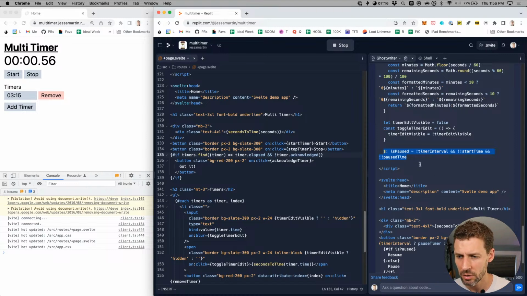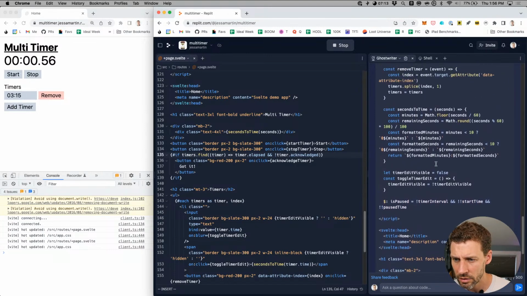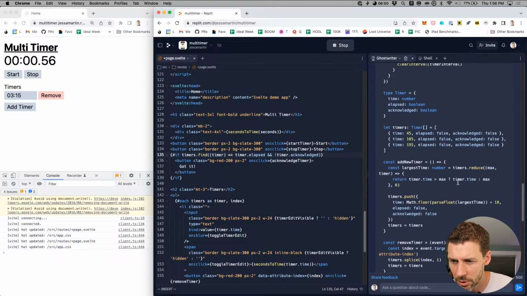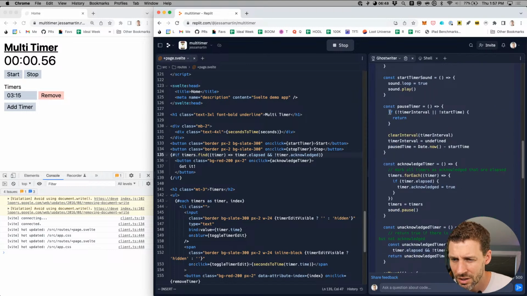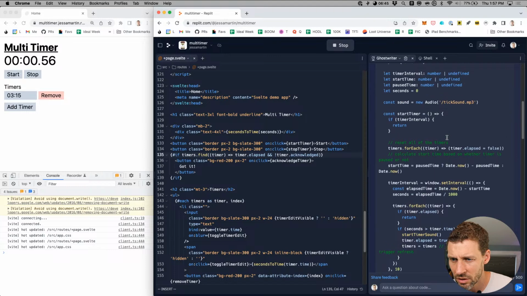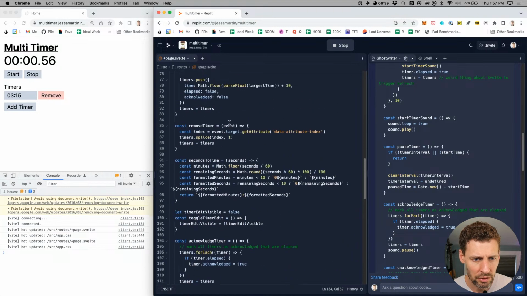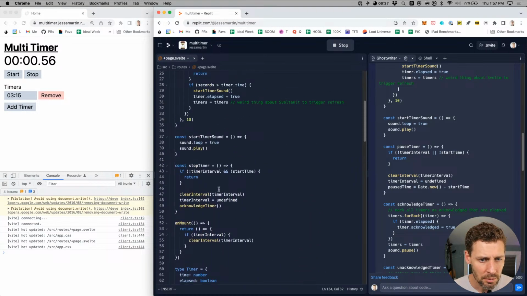Okay, let's see. So we're looking at what changed here, and it doesn't really tell me. It looks like it ran out of tokens too. But we've got, if there's a timer interval, then onClick pauses. If there's not a timer interval, then it starts. Okay, so there's got to be a pause timer function. Okay, so it changes stop timer to pause timer. Let's go look at that code real quick and see how it's different. Stop timer, stop timer, stop timer. Here's stop timer. All right.